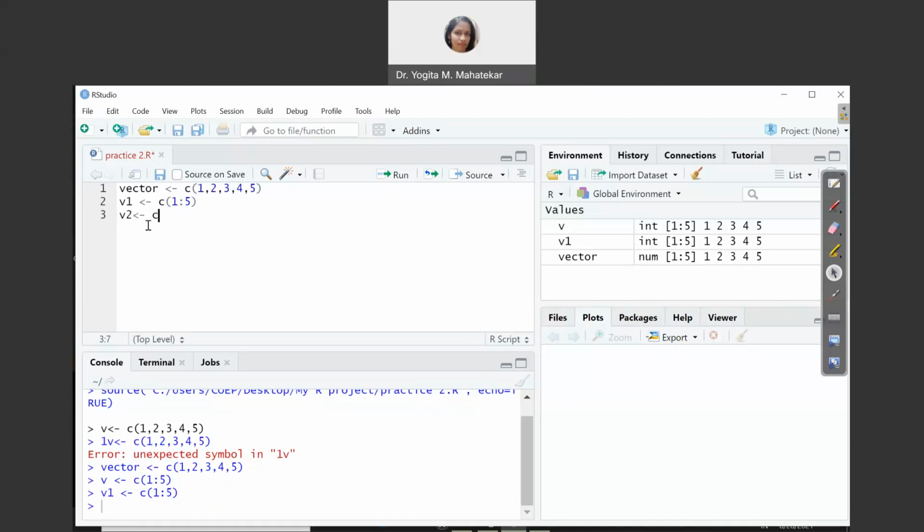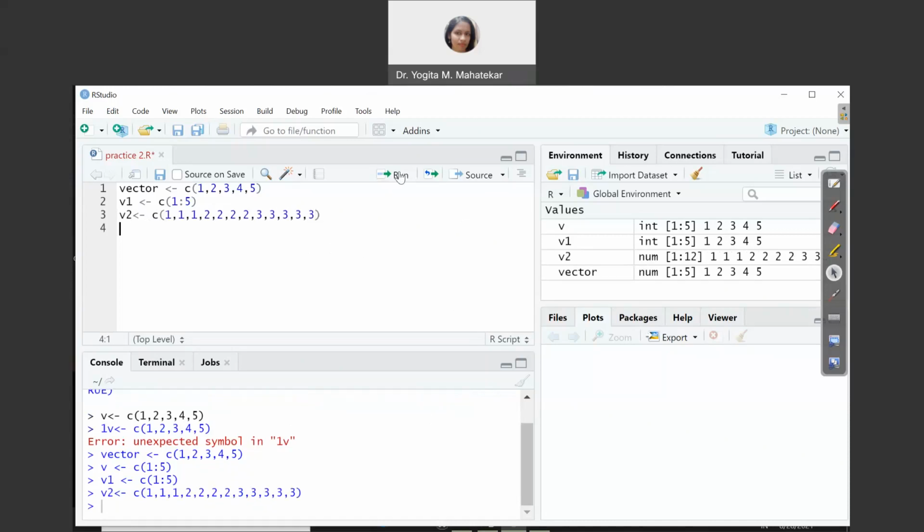So c is the command to create a vector. I want 3 ones, 4 twos, and 5 threes. Then I press run. You can see in the workspace, v2 is numbered from 1 to 12. 12 is the length of your vector: 1, 1, 1, 2, 2, 2, 2, 3, 3, 3, 3, 3.